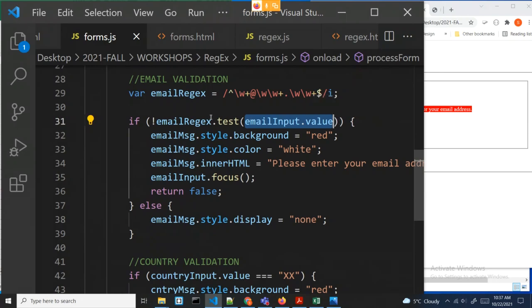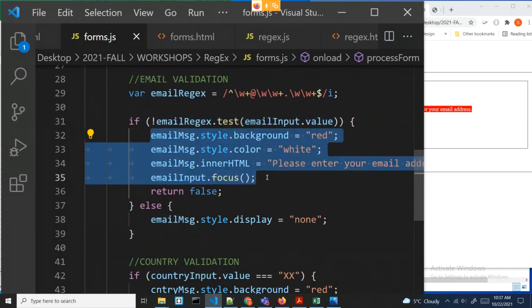So I'm comparing my input now to my regular expression pattern. And inside my if statement, I'm saying if it doesn't match this pattern, then do all this validation error business. Otherwise, keep on keeping on. So here's the example of using the regular expression to validate my input